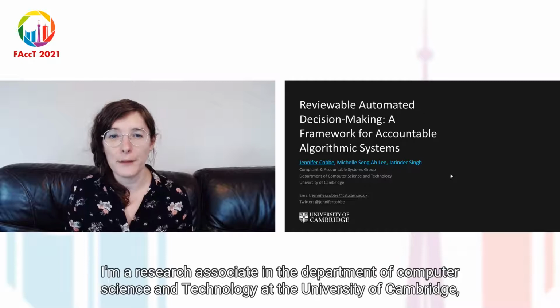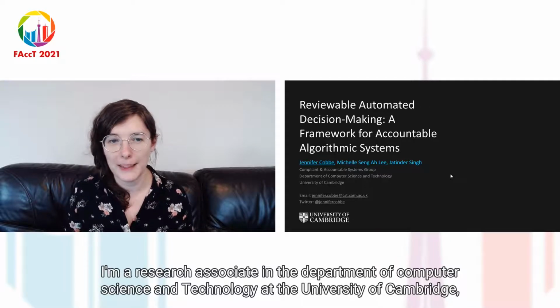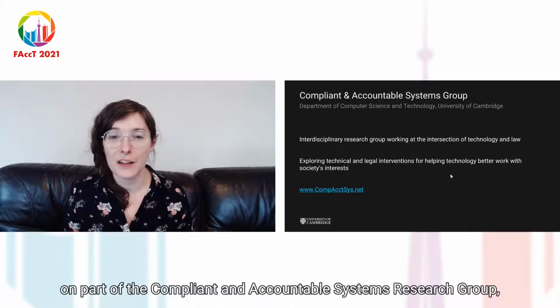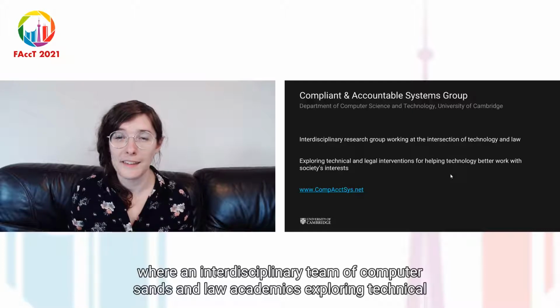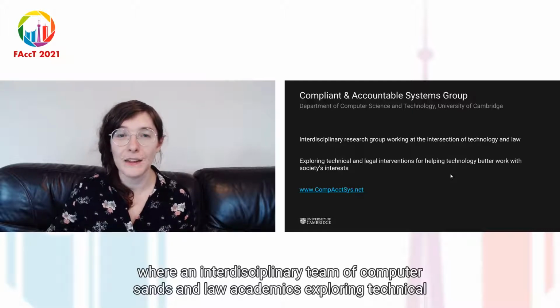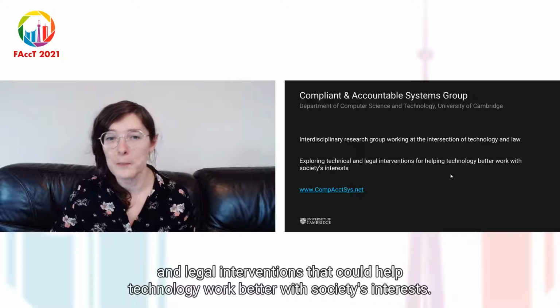I'm Jennifer Cobbe. I'm a Research Associate in the Department of Computer Science and Technology at the University of Cambridge. I'm part of the Compliant and Accountable Systems Research Group. We're an interdisciplinary team of computer science and law academics exploring technical and legal interventions that could help technology work